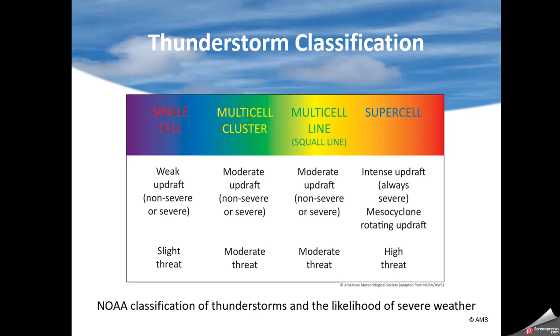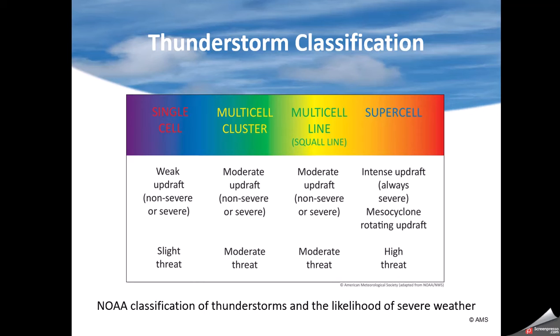Thunderstorms can form as a single individual storm. We get those all the time in the summertime. You get one in different locations, and I can't even begin to tell you why that one particular thunderstorm might form over that ball field while it didn't form at your house. It's just not in the science at this moment.